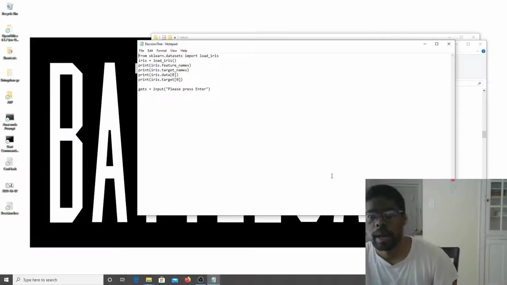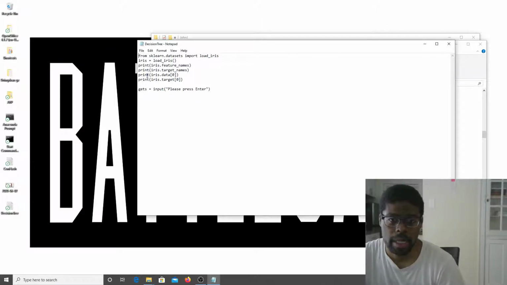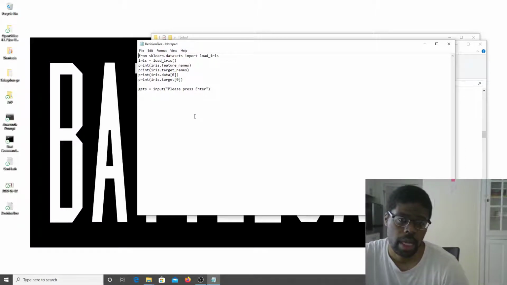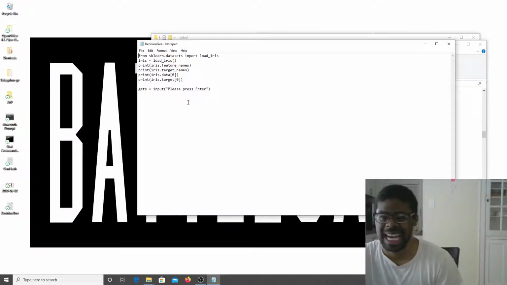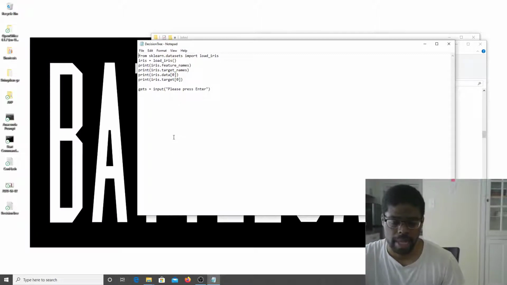Okay, open with Notepad. Here is the basic listing of the features and the target names of the decision tree. When I run this, it's going to show a print statement of what is inside of the iris data set. What is inside the data set? So as you can see right here,